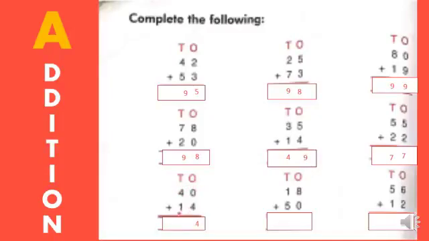Okay, now we'll count. 4, 1. Which number is bigger number, children? 4. So you should keep 4 in your mind, 1 in your hand. Open one finger, children. Now count. 4 after 5. The answer is 5. So the answer is 54. Okay, we'll go to the next sum.